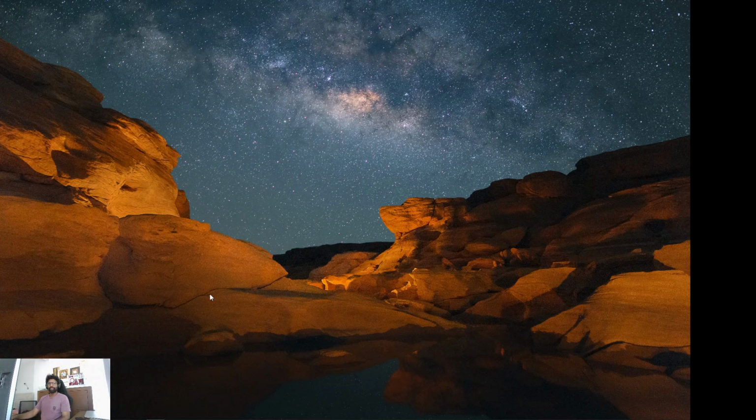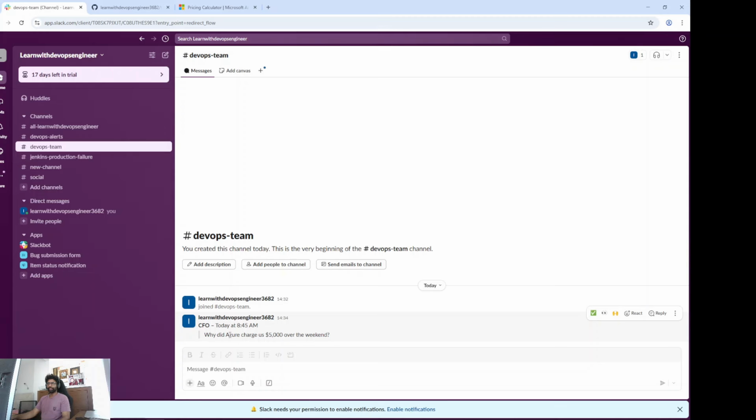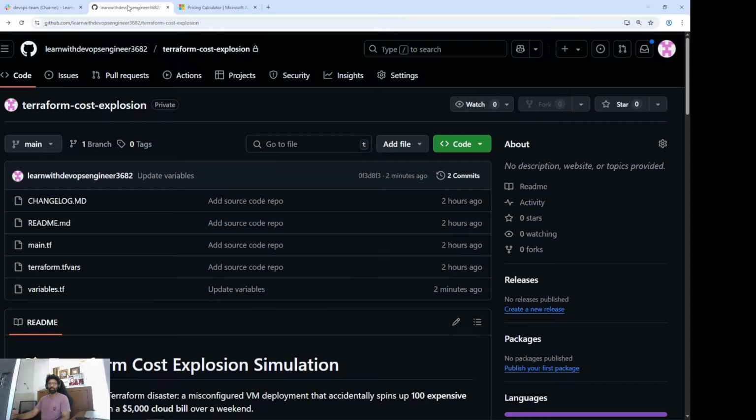It's Monday morning, you open your laptop, and Slack is already going wild. You have a one liner message from the CFO saying, "Why did Azure charge us $5,000 over the weekend?" You freeze. You head into the Terraform repo. There's a commit message from Friday evening. Let's open it together and find out what just cost the company 5 grand